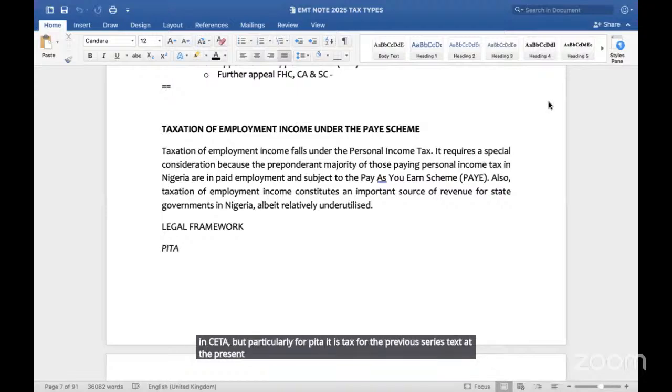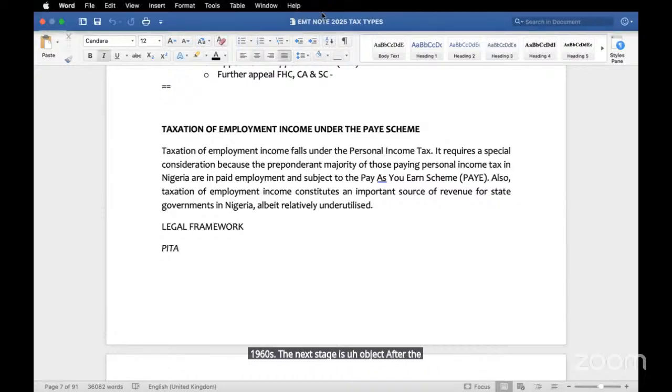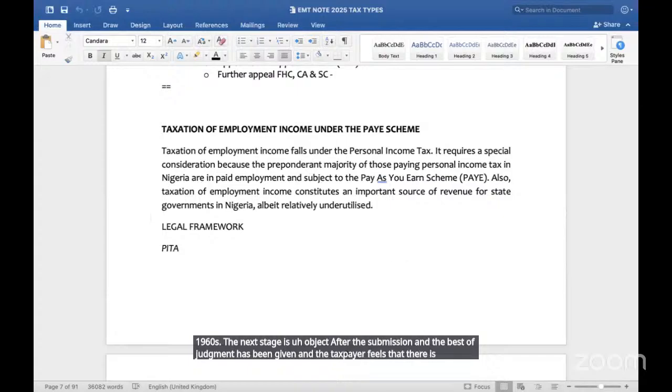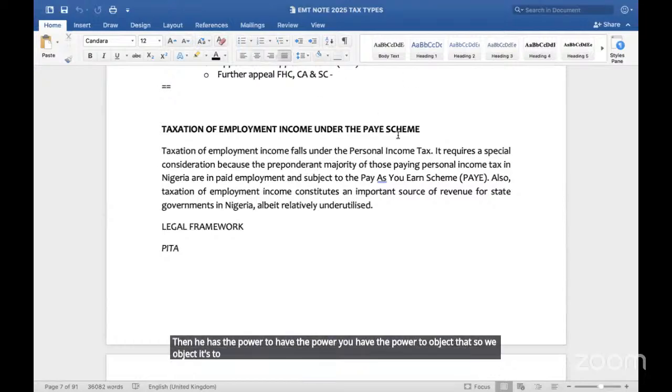So it must be completed within 90 days, or as the case may be, 90 days. So the next stage is objection. If after the submission and the best of judgment has been given, the taxpayer feels that there is a discrepancy between what is submitted and the best of judgment imposed on him, then he has the power to object that. So he will object to the tax authority, and under the best of judgment authority,